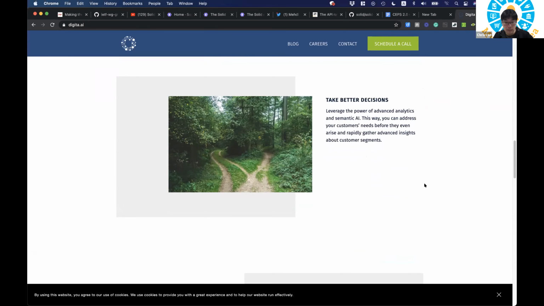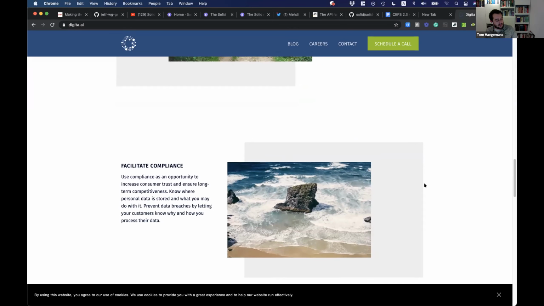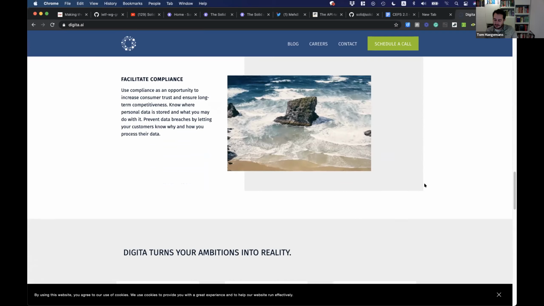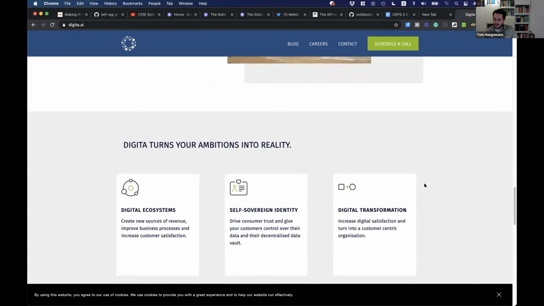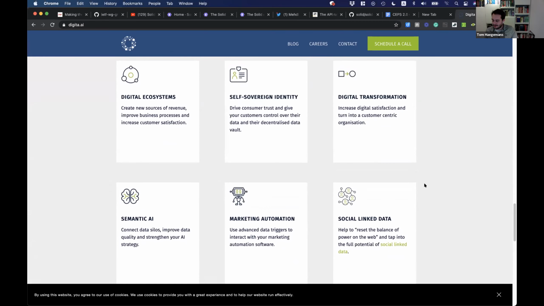Yeah, perhaps. I think the thing that I want to emphasize is that we're all working towards the same goal, right? I mean, we're all working towards having more control over our personal data, having more transparency over our personal data. And I think that's something that we should keep in mind and not focus too much on the technology itself. I mean, in the end, CEPS and Solid are just standards or specifications, right? But the end goal is to make sure that they are used.